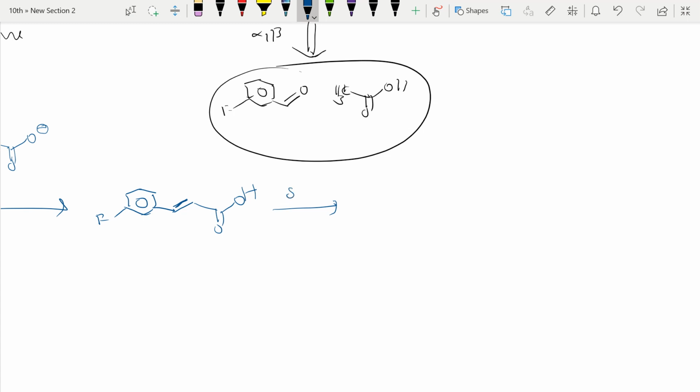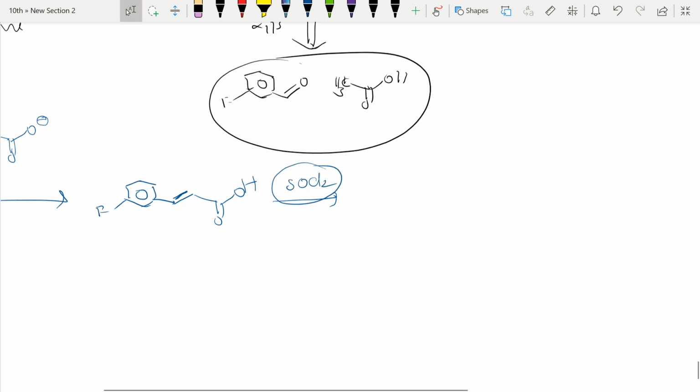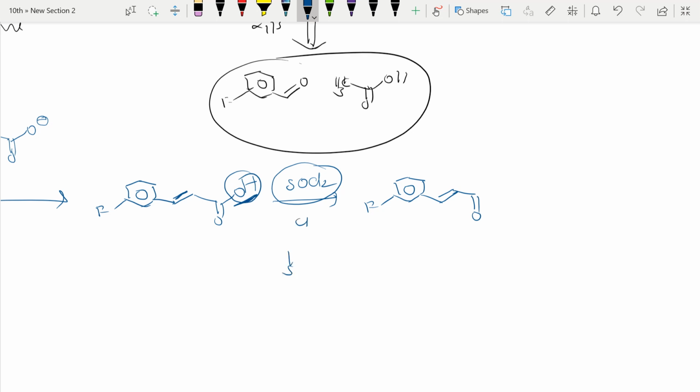To this I will add SOCl2. So SOCl2, what it will do, it will remove this OH. Right, these mechanism are basic mechanism you should know and you must know. I won't tell those things, right? So here what happens, it removes this OH and it will place this one chlorine here, right? SOCl2 structure you should know, like this, Cl. Let me show that if acid group is there, how it will react. Once I will show here, because with time everybody will forget.